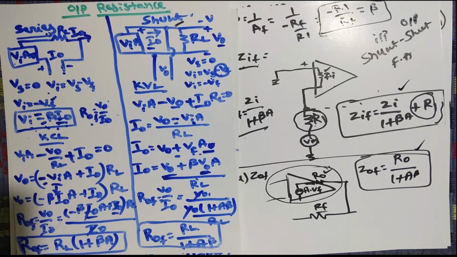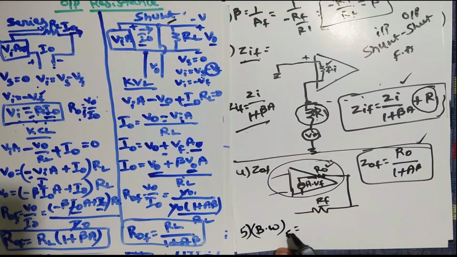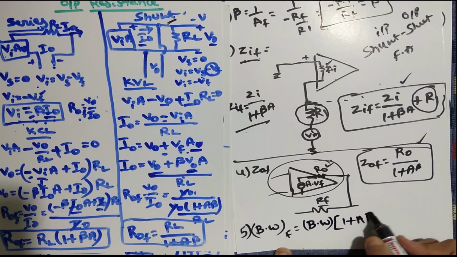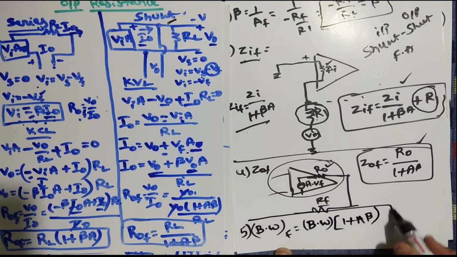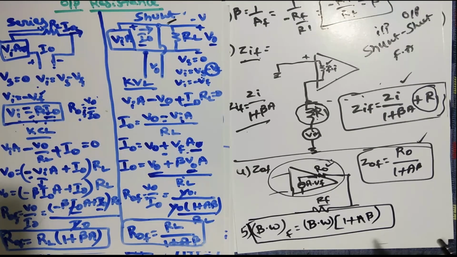In a similar way you will go with the feedback bandwidth. The bandwidth we discussed in the last portion, in a similar way you will get this type of result. You can take the previous simulation, and you will get the answer as the frequency, which we can call the bandwidth, multiplied by 1 plus A beta. Okay, this is what we got. The same method of derivation you can do. I am not doing much derivation over here, but in the exam you have to write all the derivations. Whatever relation I told, according to that you can do it.